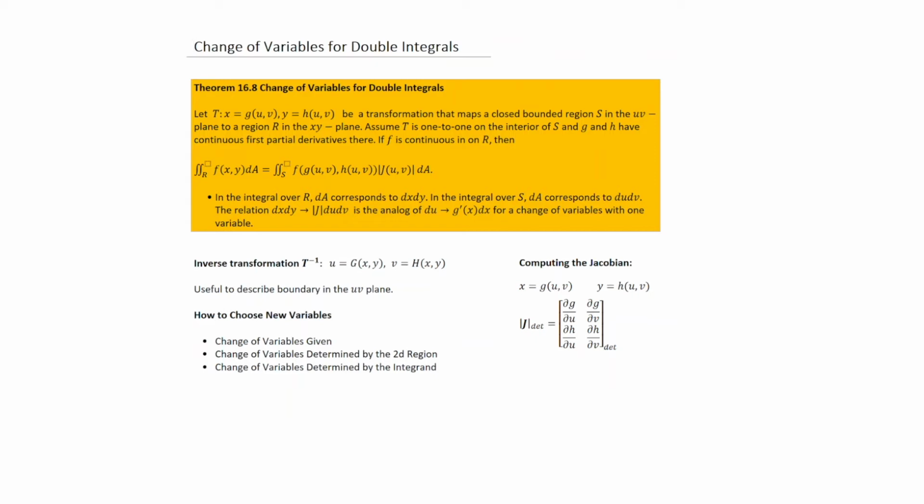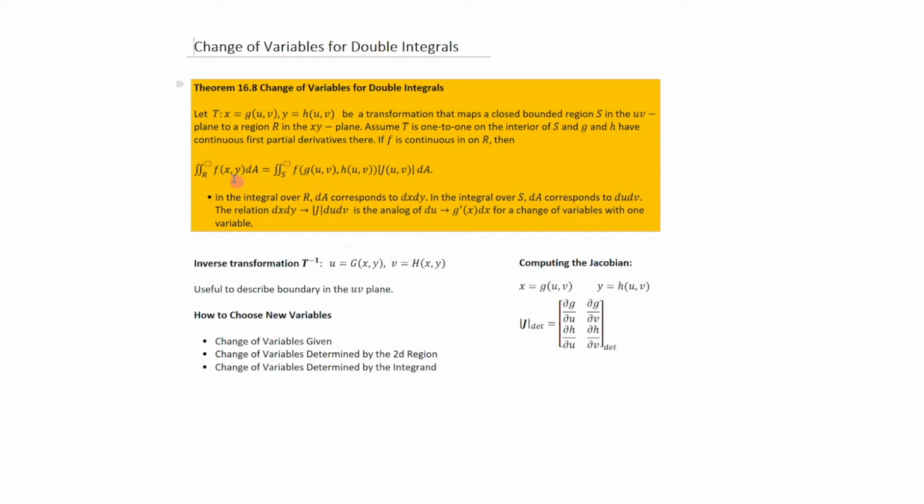And so this was one of the theorems that came up. We have a transformation that says let x be some function g of u and v, and y be some function h of u and v. And so this becomes one-to-one within the domain that is bounded by some form of boundary. So we were able to say that if we want to integrate f of x, y dA, that's equivalent to